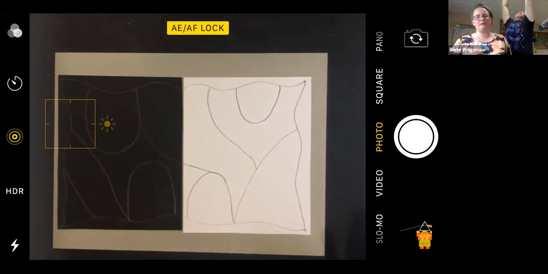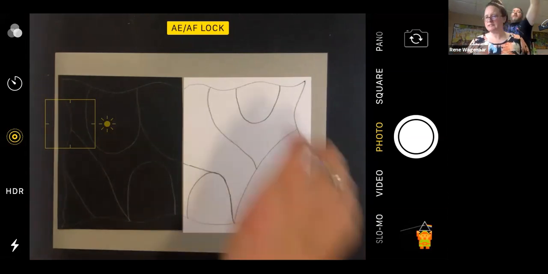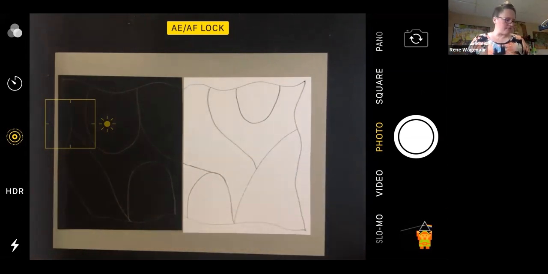So sometimes I make patterns into borders, and I can show examples of that. So I don't always necessarily